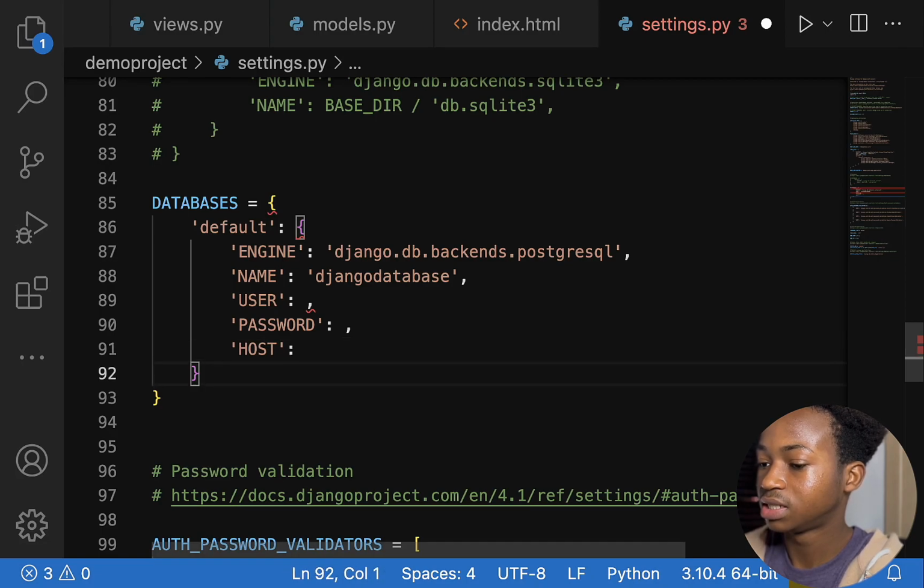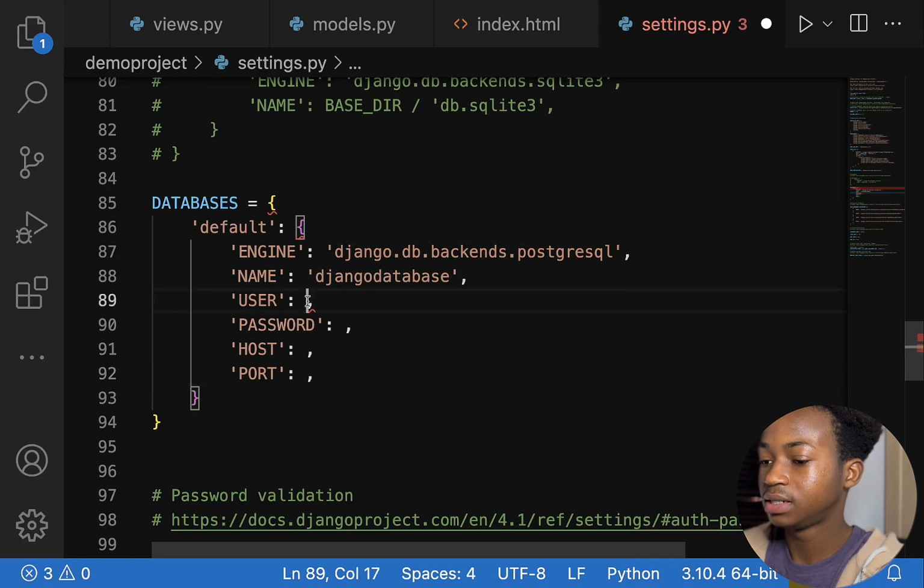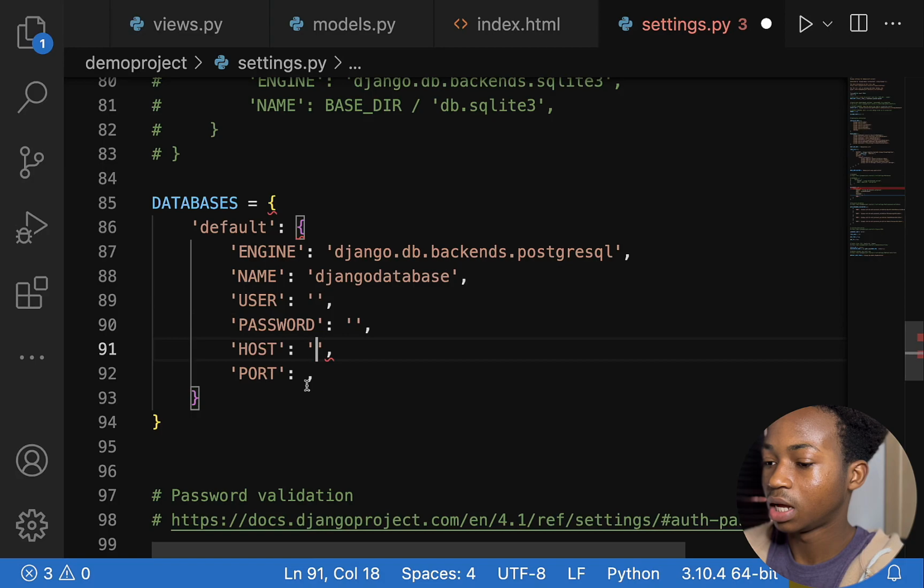Actually, host is not the last thing. What we also want to have is the port. That is the last thing. So now that we've added this user, the password, the host, and the port,